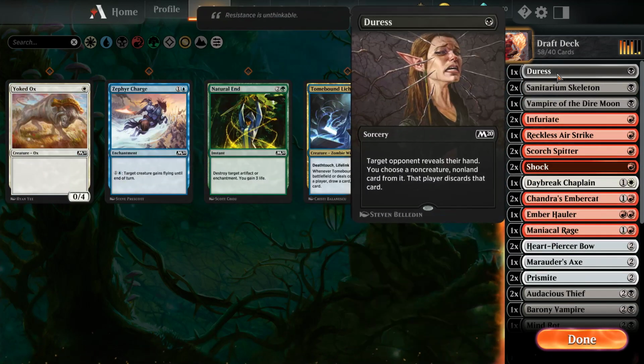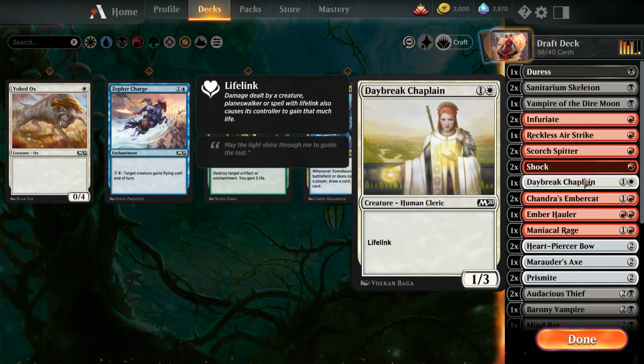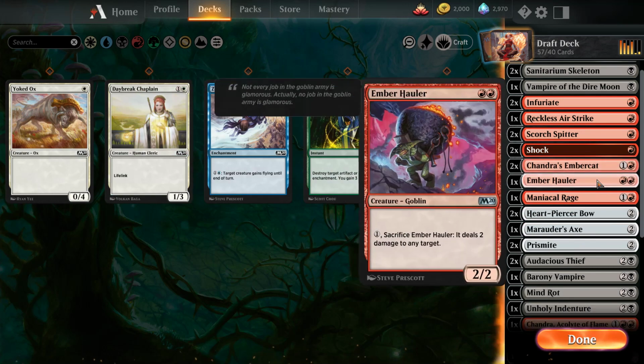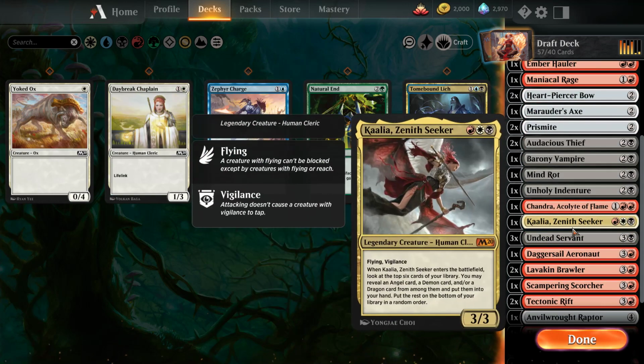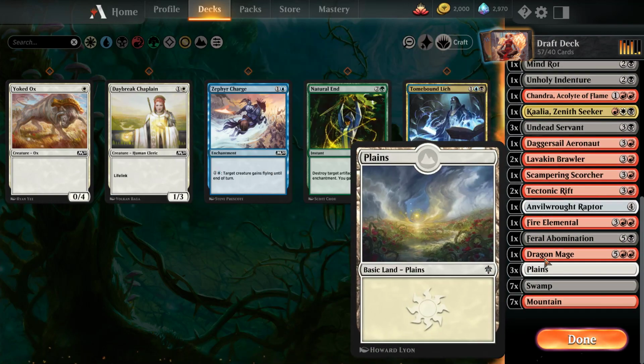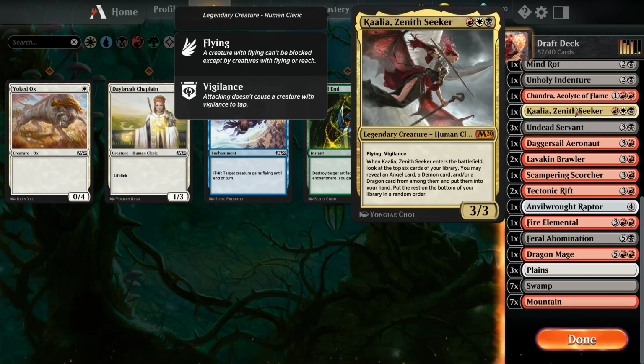Well, we're not going to put in the Yoked Ox. I'm not sure about the Daybreak Chaplain either. We might leave in a little splash of white for Kalia here. Now, we got some Prismites as maybe one way to help. 3 planes. Thing is, it's such an early drop, like...